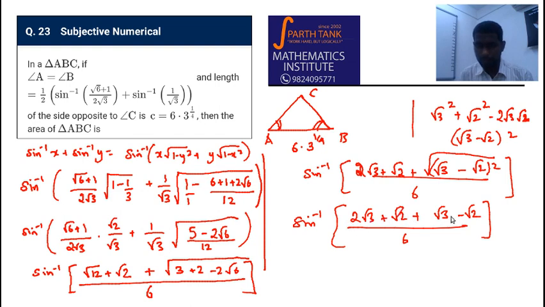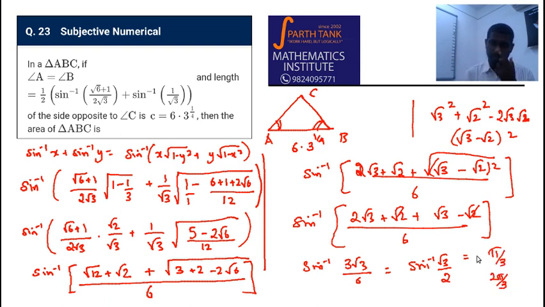So that I get sine inverse of 3 root 3 upon 6, or sine inverse of root 3 upon 2. So this at least we know can be pi by 3 or 2 pi by 3, because within a triangle the angles cannot be more than 180 degrees. Therefore, let us keep these two values. Now which one of these two values should be chosen so that A can be calculated? Because if this whole thing is pi by 3, then A and B will be pi by 6. Or if it is 2 pi by 3, then A can be pi by 3.